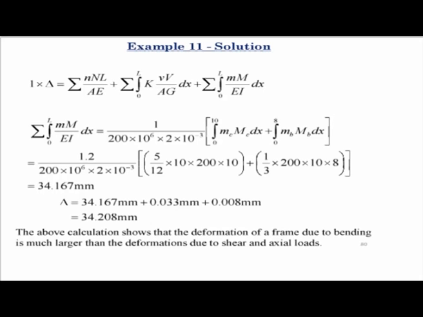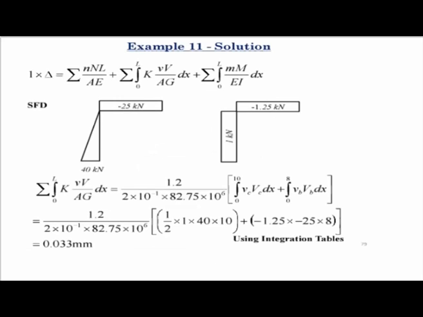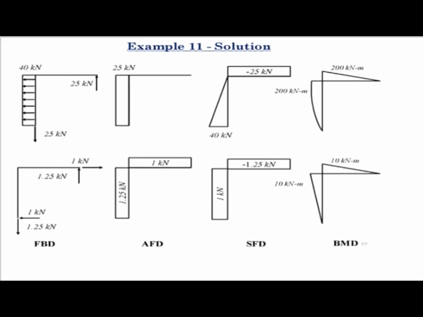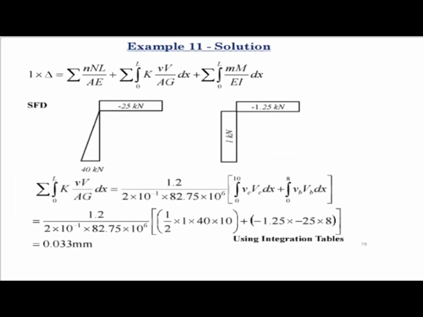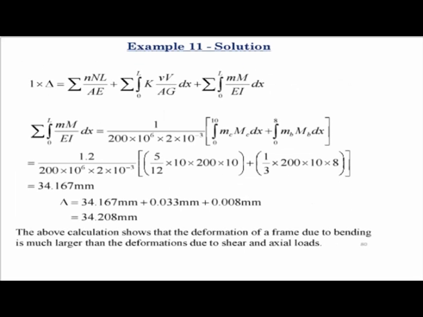And again, for the bending deformation, you consider the bending moment diagrams due to the applied load and the virtual load, and you take this formula again, where you consider the integration table. That we have already done before. The only thing is there is a typing error here. This is 1. So if you calculate this, you will get 34.167, same as what we got. And then you just add the deflection of that joint due to bending, shear and axial deformation to get the overall deflection. Hopefully this has been clear after the second explanation.